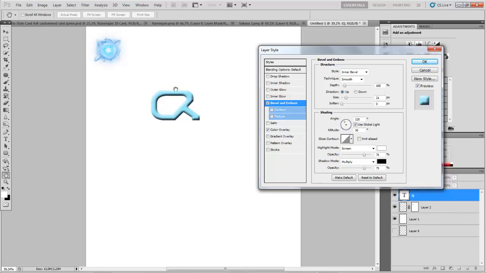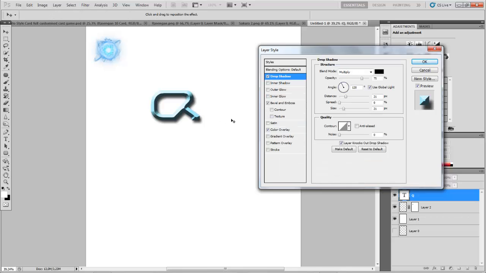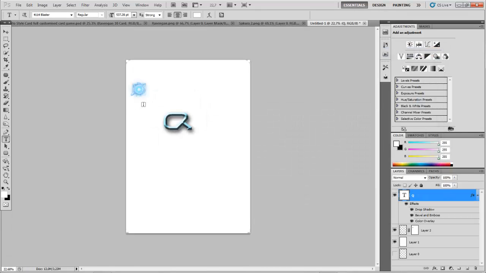So I'd like to have this a bit sharpened, so I choose chisel hard. Yeah, it looks good. Size maybe something like this with a pretty deep depth. Okay, I'd like to have a drop shadow to just make it a little bit more awesome. Change the distance, not really needed. Maybe I could do that. No, let's do it like this, and make the size a bit bigger, and the opacity a bit bigger. Yeah, something like that is what I like. So yeah, that will be my Q